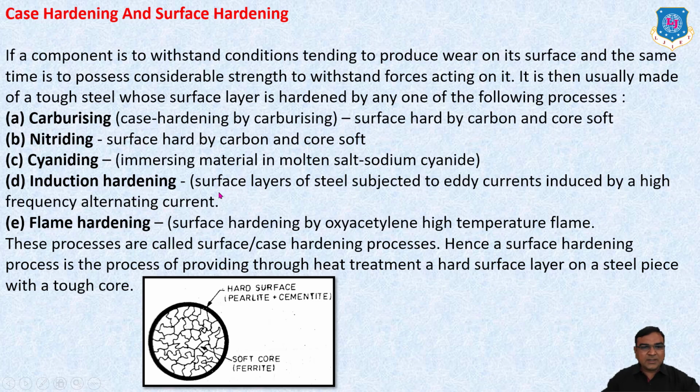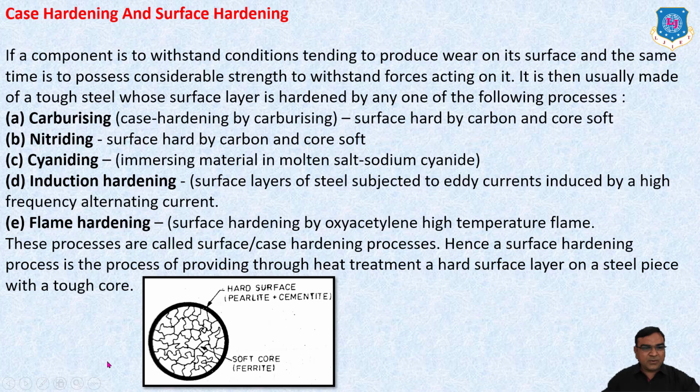Induction hardening, in which a surface layer of steel is subjected to eddy currents induced by a high frequency alternating current. And flame hardening, in which surface hardening is done by an oxyacetylene high temperature flame. These processes are called surface or case hardening processes. Hence, a surface hardening process is the process of providing, through heat treatment, a hard surface layer on a steel piece